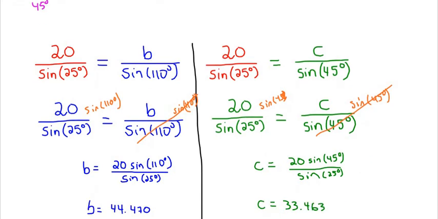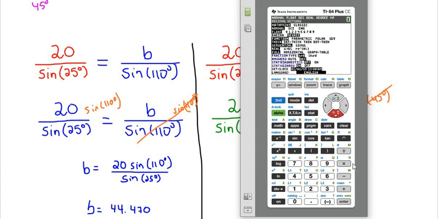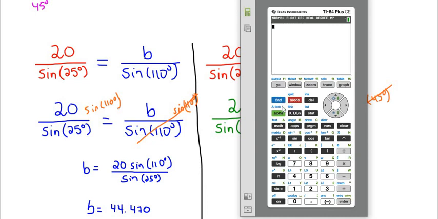So just to remind you how to use a TI calculator, you want to make sure the first thing is that you have it in the right mode. So make sure it's in degree mode. If yours is in radian mode, you would want to just click over to it and hit degree. On a Casio, there's a similar feature that you have to make sure it's in the right mode. So once you do that, you're going to hit alpha F1. You're going to go into fraction mode, N over D, and you can just type it in. 20 sine 110, and then you divide by sine of 25,